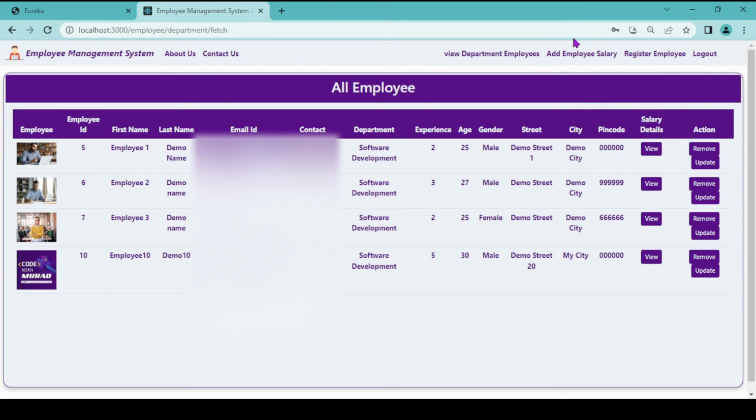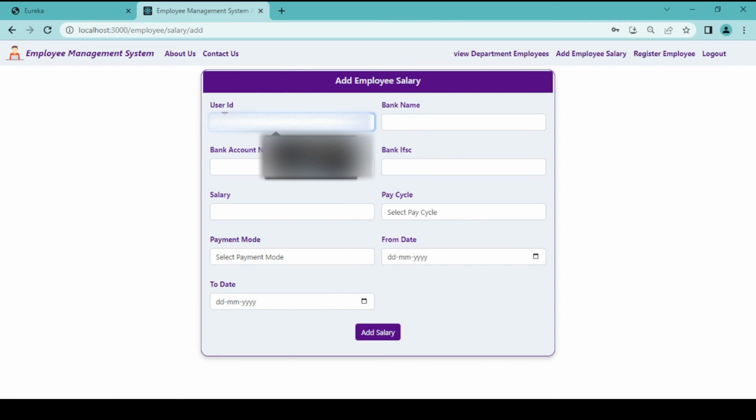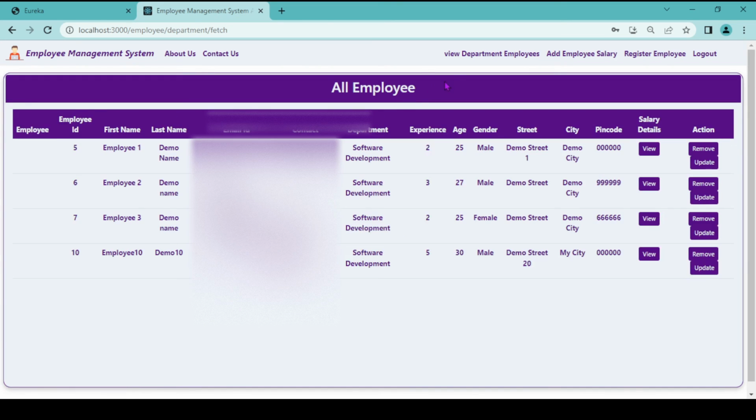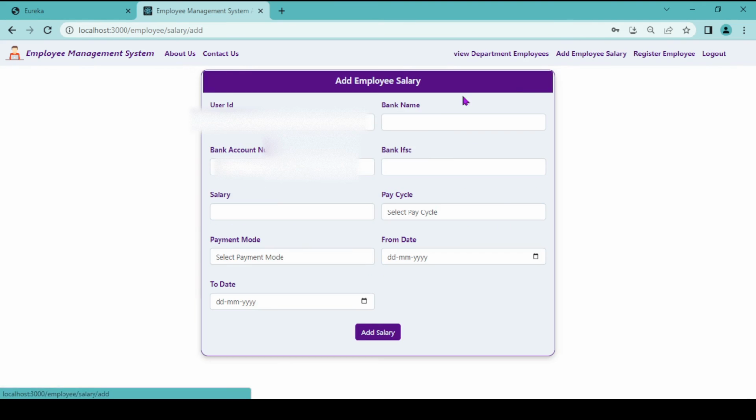For this you have to click on add employee salary. You have to enter the user ID of the employee. So for that I will open the employees again. Here we can see employee ID is 10. So I will copy this and paste it here. User ID is 10, and I can add the details now,